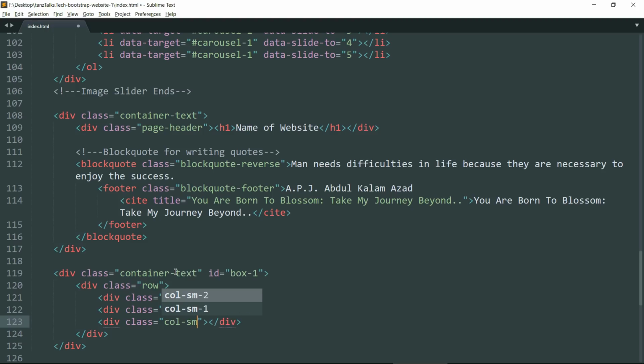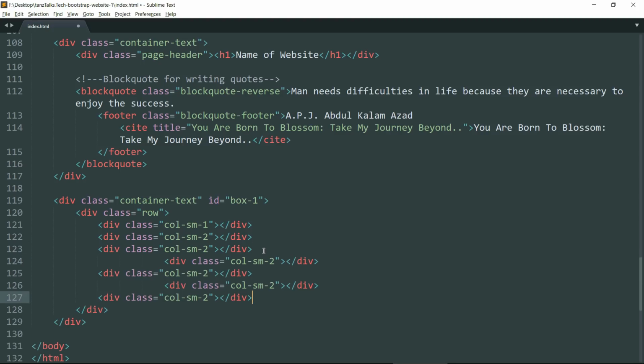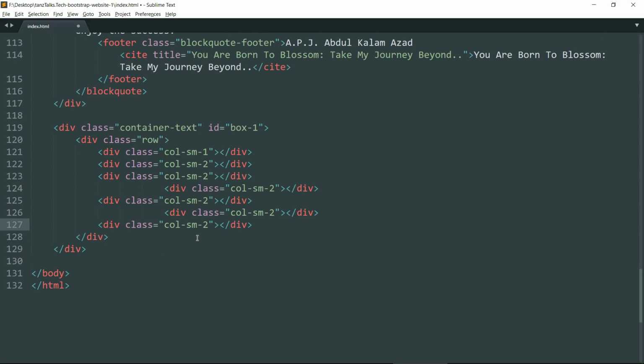Now let's just copy this line. It's better to copy this line and paste them so that we have a total of 6 lines with col-sm-2. Now let me just make it proper.